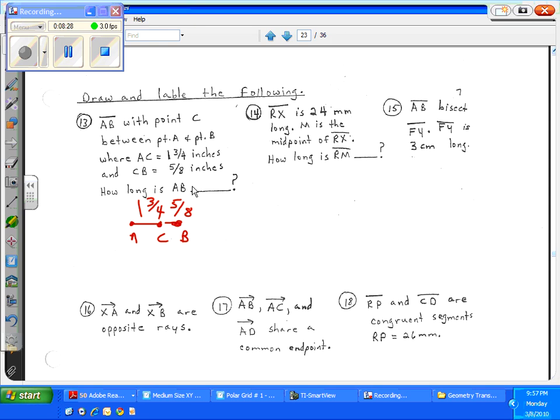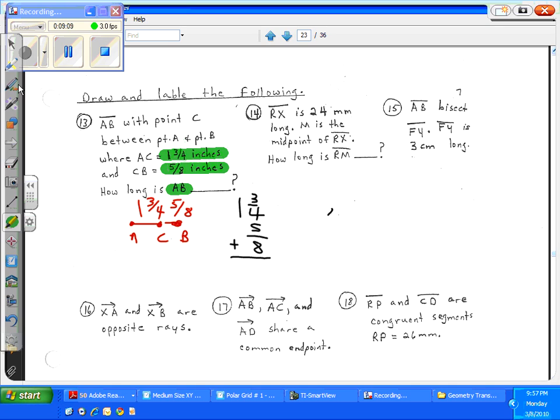What I expect of my students is that you're going to get a real ruler, and you're going to really measure what 1 3/4 inches is, and you're going to really measure 1 5/8 inches. And when you get through, you're going to measure the entire thing, AB, and see how long it is on the ruler, so you know how to use the ruler. And we're also going to verify this by taking our mixed numeral and adding the fraction 5/8 to it,